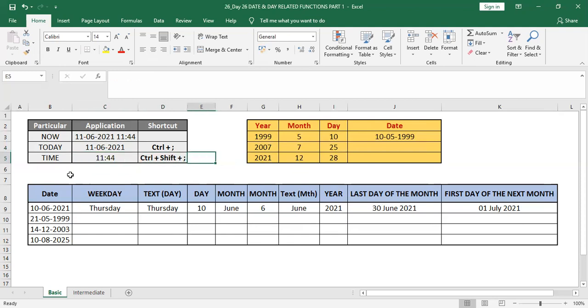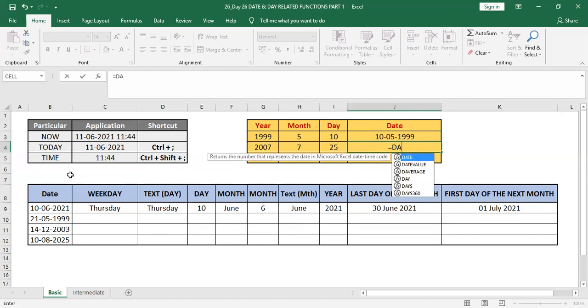Then this was for NOW, TODAY, and TIME. Very basic, right? Now let's see if we have year, month, and day, how we can format it in the date format. Okay, simple. The formula there is equal to DATE.